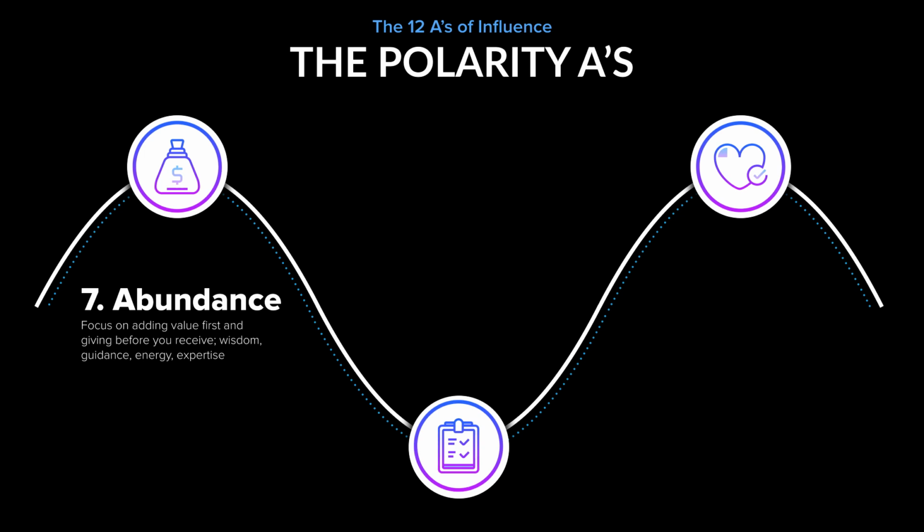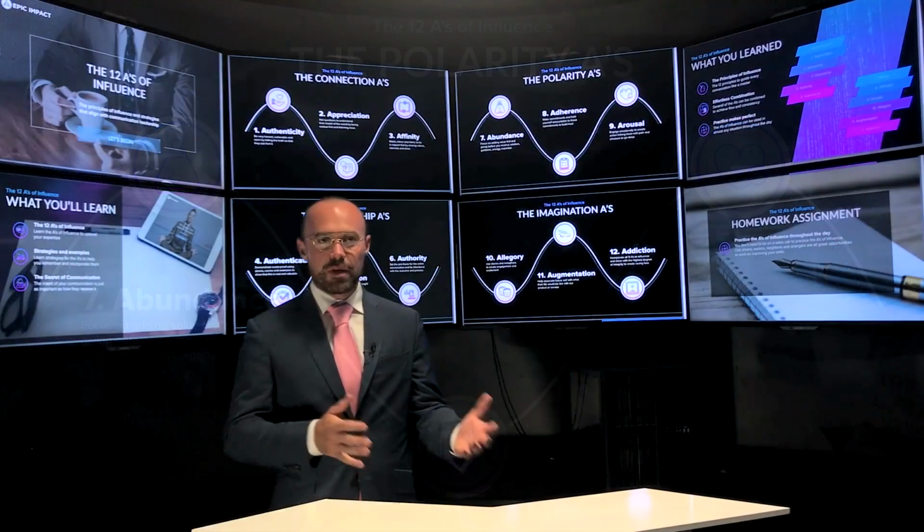One of the core drivers of being an abundant nature is to be unattached to the outcome, to not need it to look a certain way. For example, someone who's influencing with a high level of abundance might say something to a customer around, hey, we're going to try to find out if this is a good fit for us to work together. And if for whatever reason it's not, a lot of times I might be able to refer you to a different vendor, someone who can provide the service that might be a better fit for you.